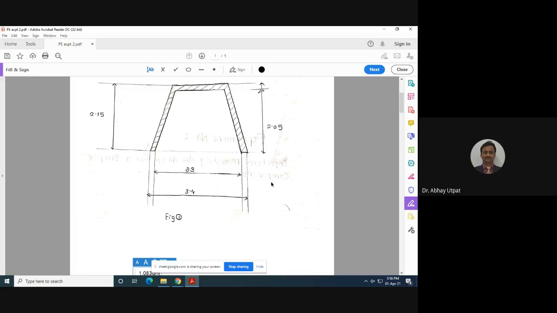projected area is nothing but the area perpendicular to the movement of the core plate, and that will be the base area, this area where I am moving the cursor, and that will be pi by 4 d square. Actually, we have considered this as the outer area, so this taper is neglected. So the plate's hole inner diameter is 3.4. I repeat, the hole's inner diameter is 3.4. That's why pi by 4 times 3.4 square becomes 9.079 centimeter square.